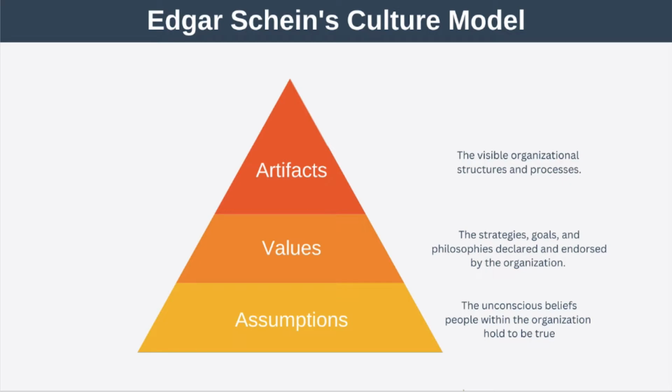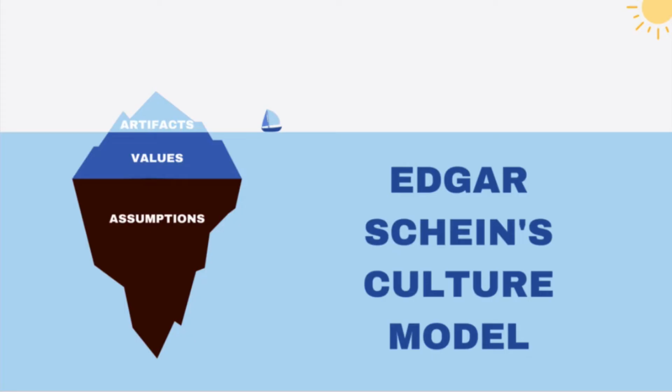It's a tool that can help you understand an organization's culture. The model says that there are three different layers to every organizational culture. At the top, we have artifacts, which sit on top of values, which sit on top of assumptions. It helps to think of this as an iceberg, where the artifacts are the most visible part. And just like an iceberg, only about 10% of organizational culture is easily visible. So let's examine each of the levels in a little bit more detail.